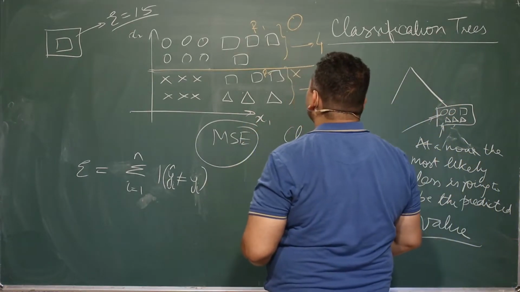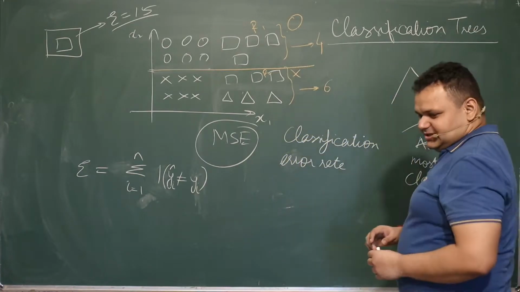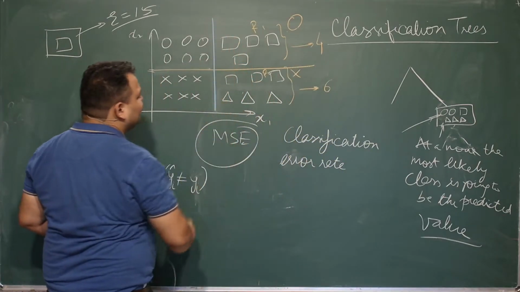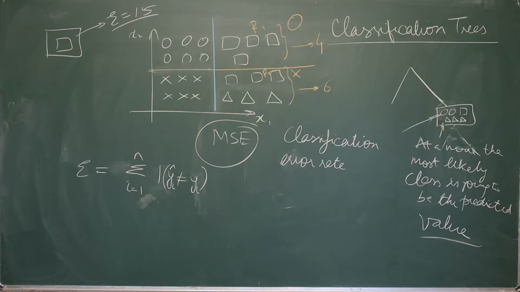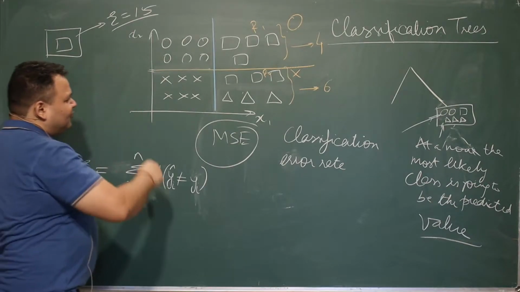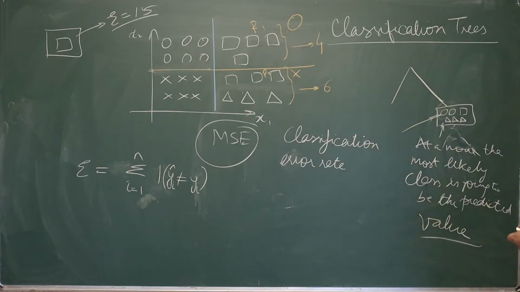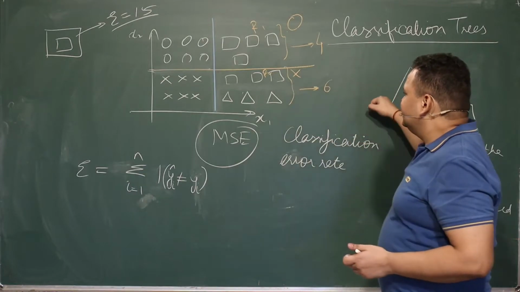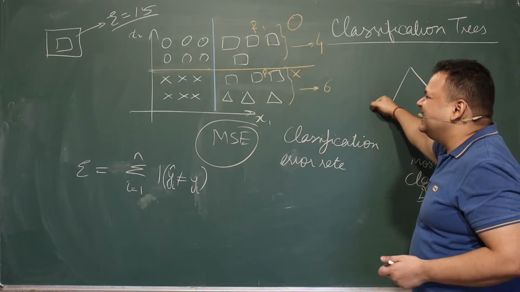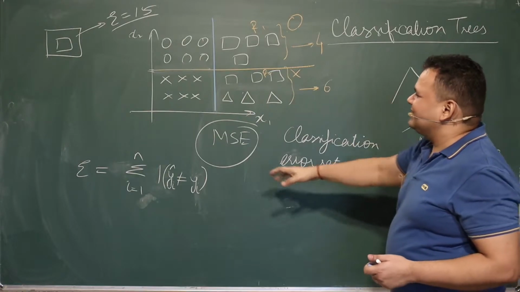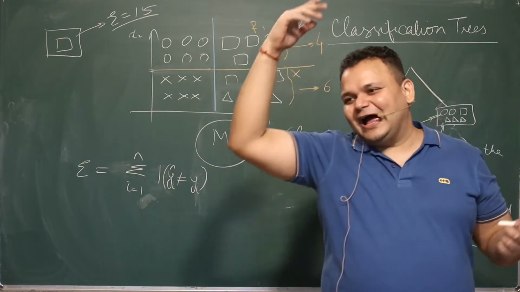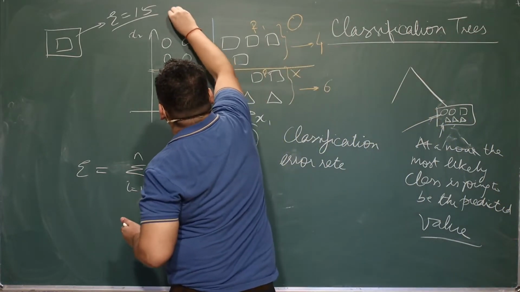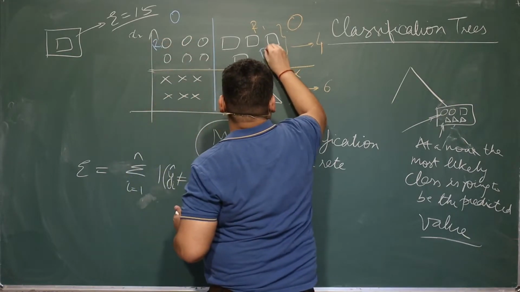Okay, so let us look at another option, maybe this one. I'm using the blue color. Can you see the color? Yes, you can. Okay. So in case of blue color, what does my partition look like? I have 6 on this side and 7 on this side. ठीक है? Obviously on the left hand side we have 2, so we choose either one of them. Okay, we have some tie breaking rule. Let us say based on tie breaking rule I get a circle. Okay, this is my region 1 and this is region 2.